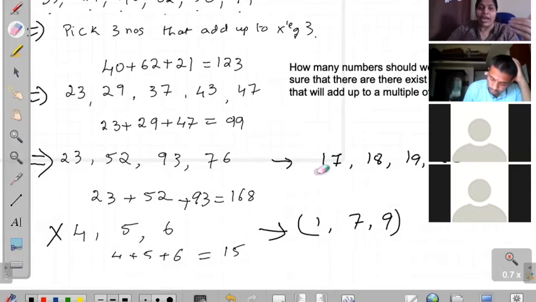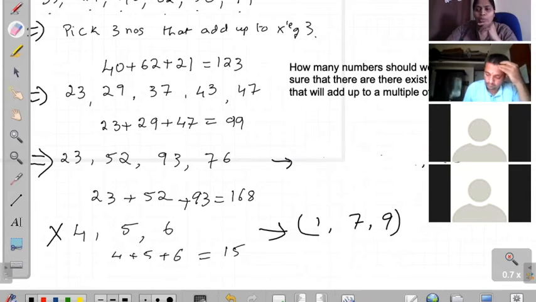We were trying to find counter examples for 4. So we still don't have one. So does that prove that any random 4 numbers will work? What about